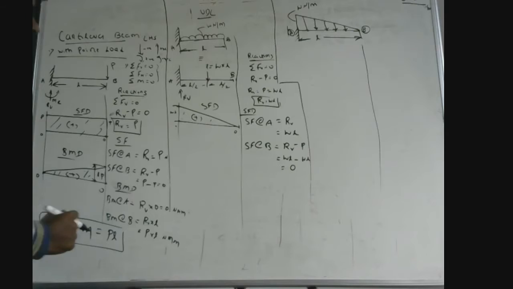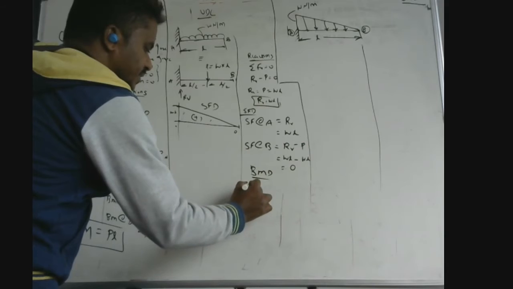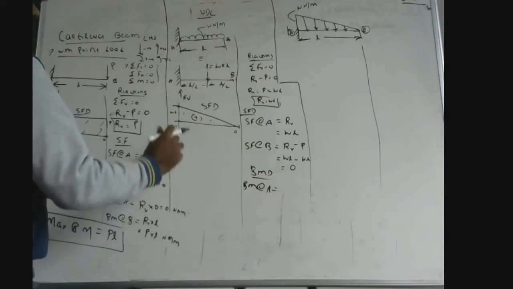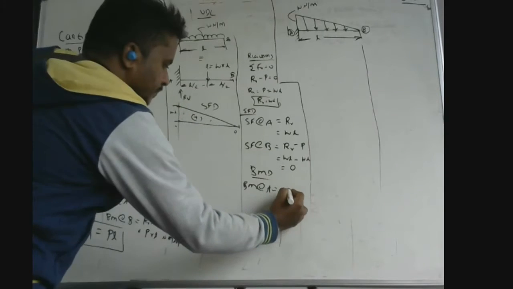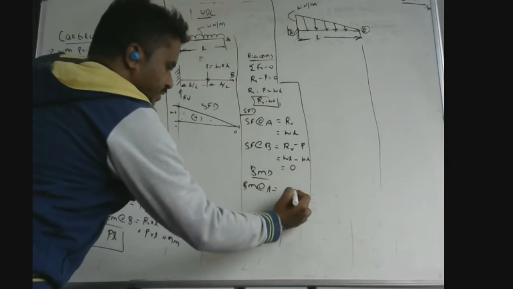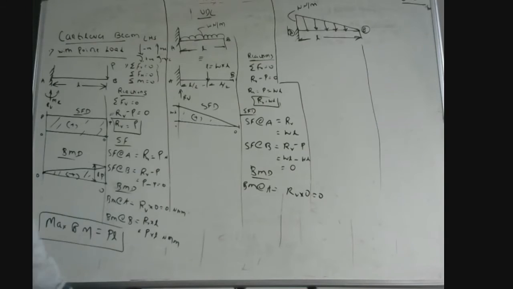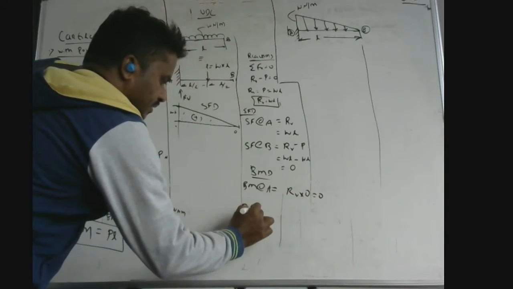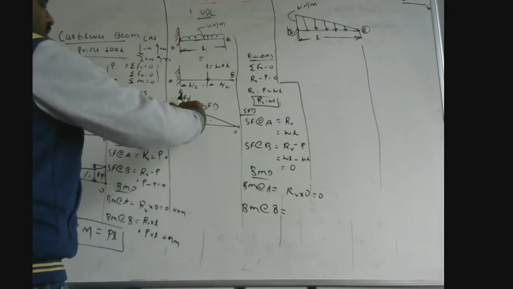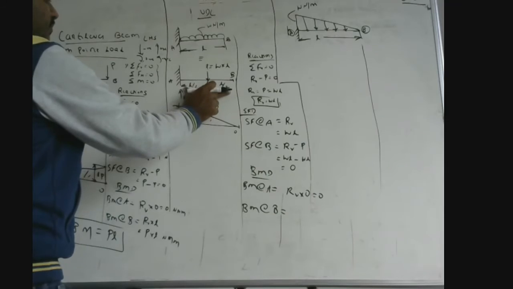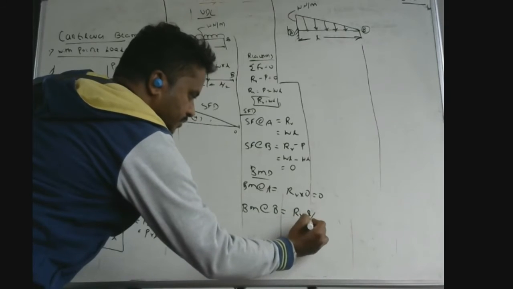Now, we need to calculate the bending moment diagram. To plot the bending diagram, we need to calculate the bending moment at each point. At A, first we take force into perpendicular distance. Force is RV, that is a clockwise moment into the perpendicular distance. At point A only it's active, therefore 0. Similarly, bending moment at B, summation of moment equal to 0. First moment is force RV into the distance, which is L by 2. That is a clockwise moment.